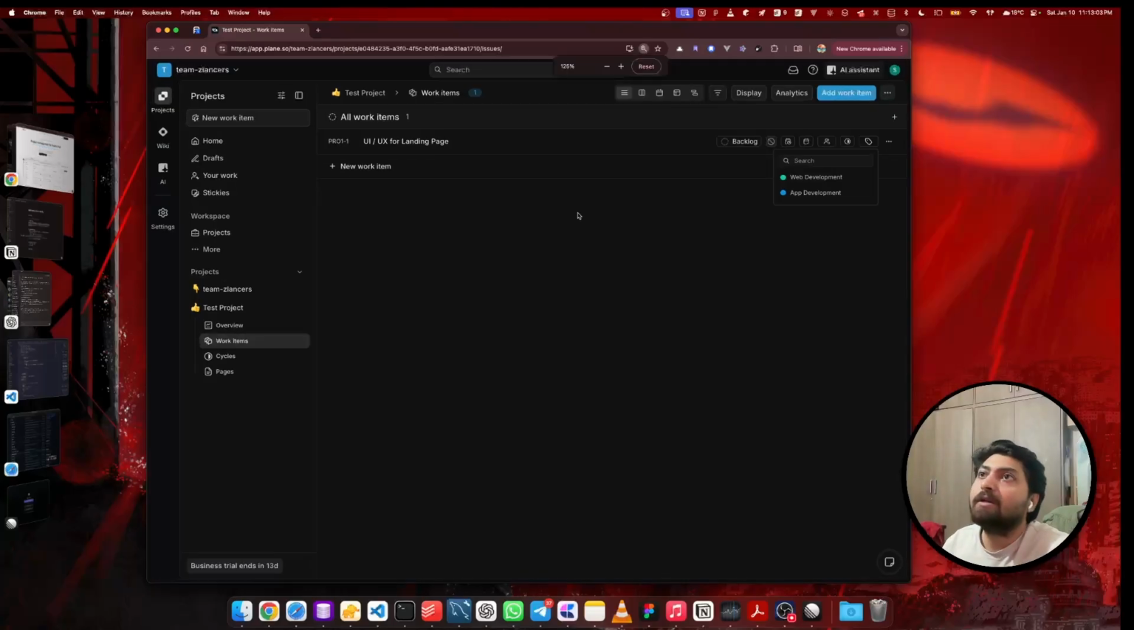Let me zoom a bit. So let me see if I can create a UI UX tag here directly. Yeah, you can create it. You can directly add a UI UX tag, and now it sits under the UI UX tag, right? So let's say we add more tasks into it. Design and Figma,